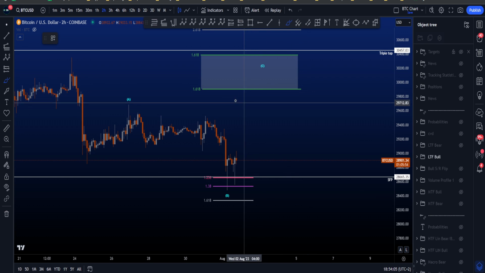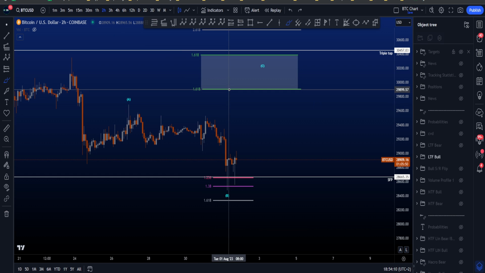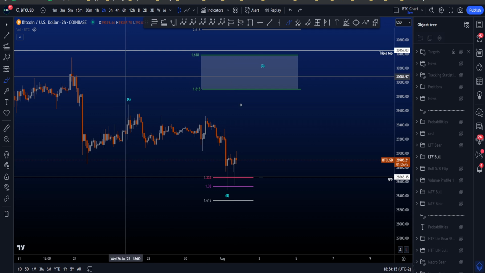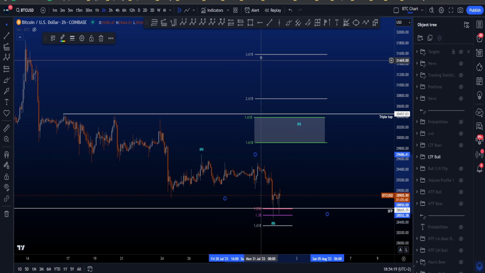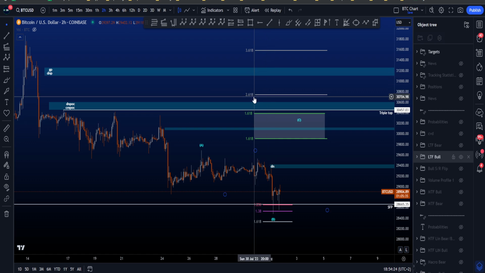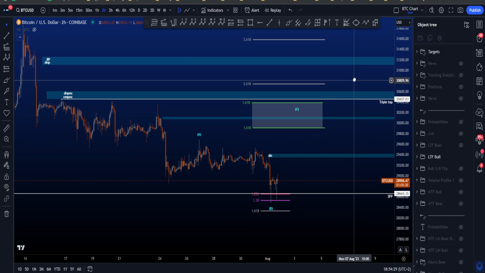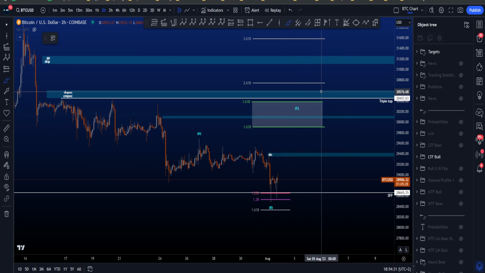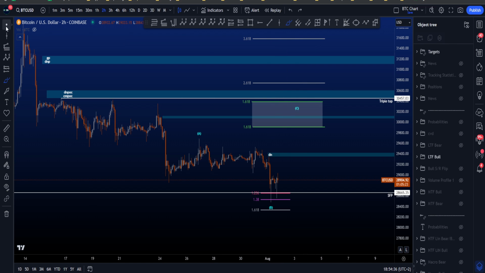Now, if we look for the target area of a wave C, again, the 1.618, where the lower is between 29.9k, this one, and the higher one is at 30.4k, which is very close to the triple top. And the 2.618 is a rare target, and the 3.618 is a very rare target for a wave C. Now, in between the 2.618 and the 3.618, we have the 31k resistance, which is still an area to look for. However, the main resistance area first is going to be this area over here. Preferably, we also have a little bit of resistance over here in the middle of the target area between 30k